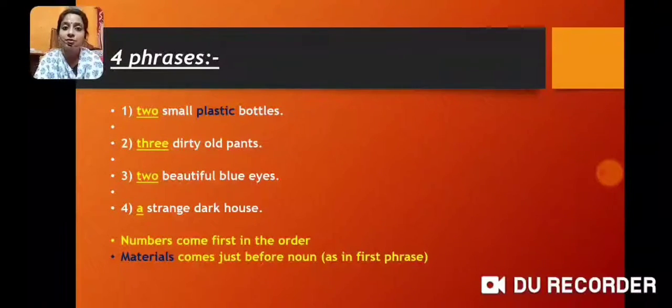And fourth phrase, a strange dark house. A is again telling us about 1. Then it is also a number. So what we notice, that numbers come first in the order and material comes just before the noun, as in the first phrase, 2 small plastic bottles. You can clearly see that plastic is a material which is coming just before a noun.